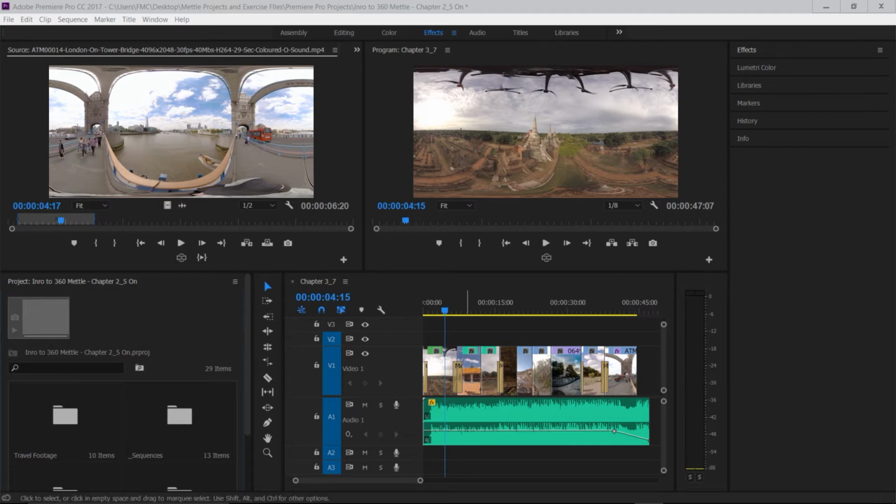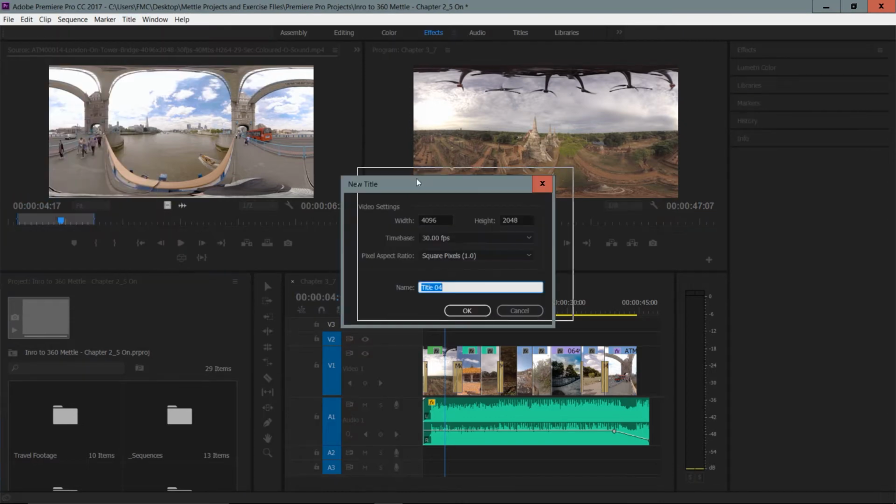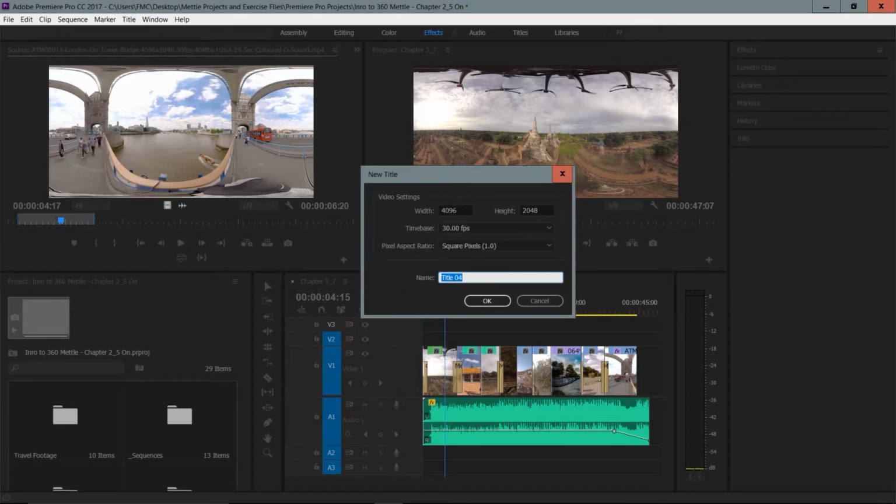What I'm going to do is I would like to create a title to place over my first shot inside the sequence. So let me go to the title menu and choose new title, default still. The title's properties are going to be based on the sequence that's currently selected. And you can see there the width and the height, as well as the time base. I'm going to name this title My Travels, or the travels that I wish I've been on, and I'll